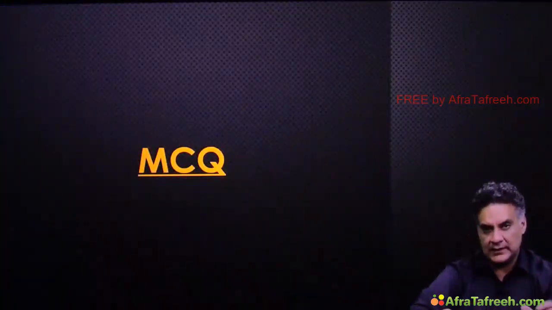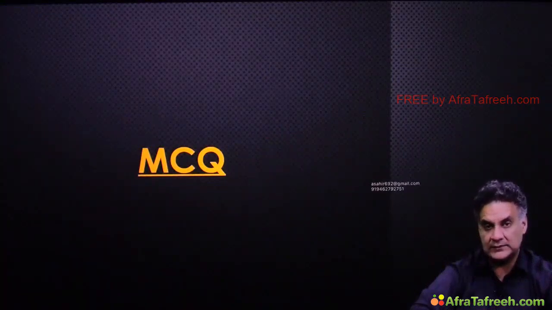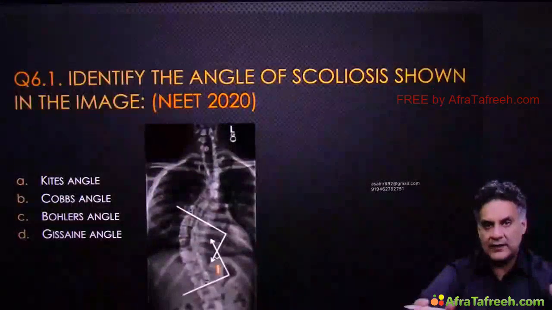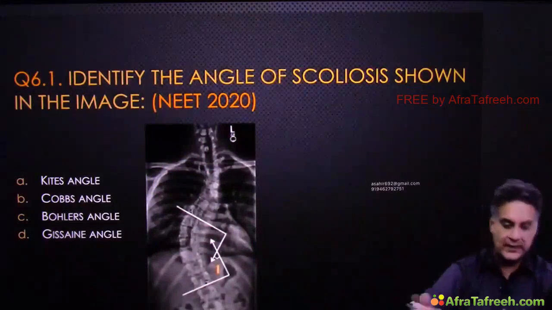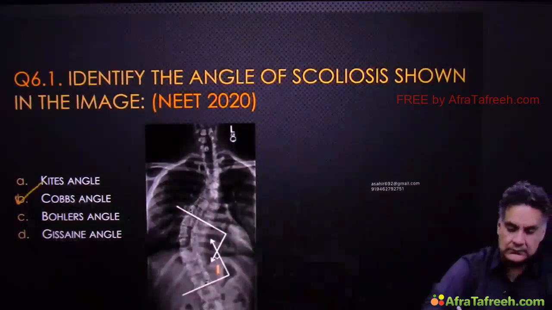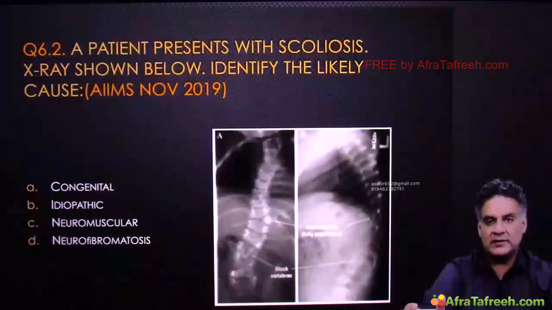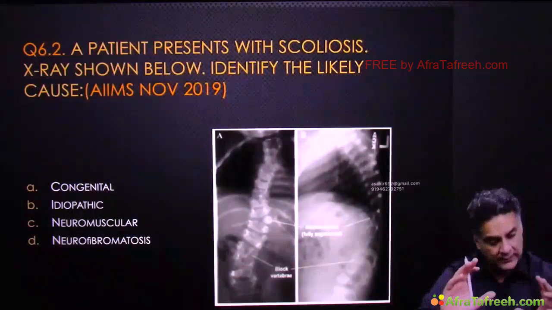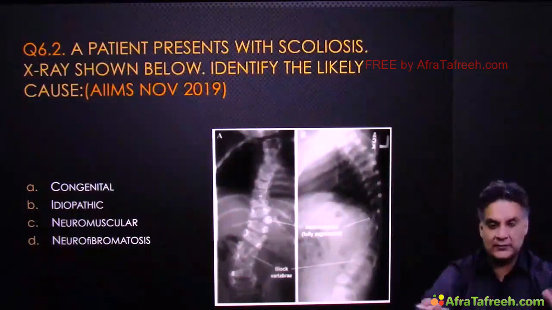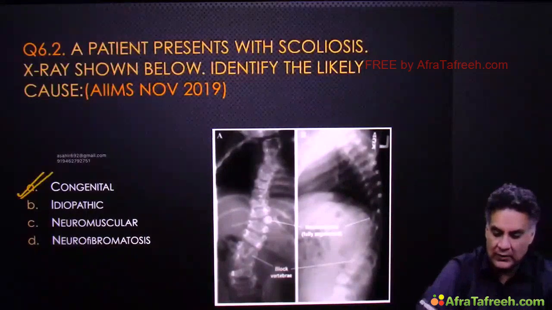So let's have a look at the MCQs of spine and lower limb trauma. Identify the angle of scoliosis. There's only one angle that you should remember, the Cobb's angle. A patient presents with scoliosis, X-ray shown below. So this was an X-ray that came in number 19, and it talks about congenital scoliosis because you can